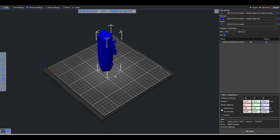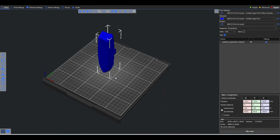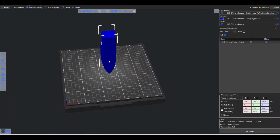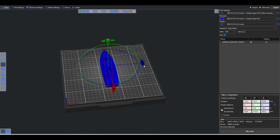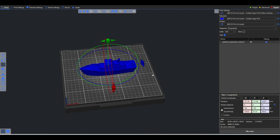I must change the position of the ship. I use the shortcut F. Here you see place and face F. Okay, now I will rotate, R, or click here. I will make them like that. Okay,